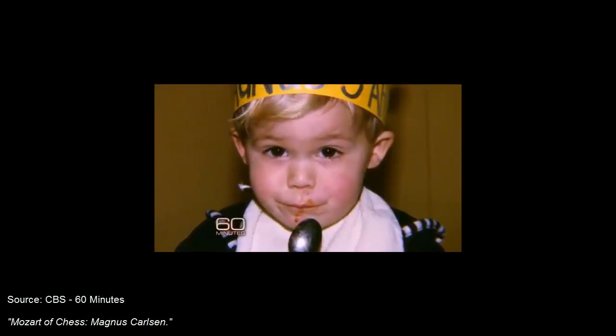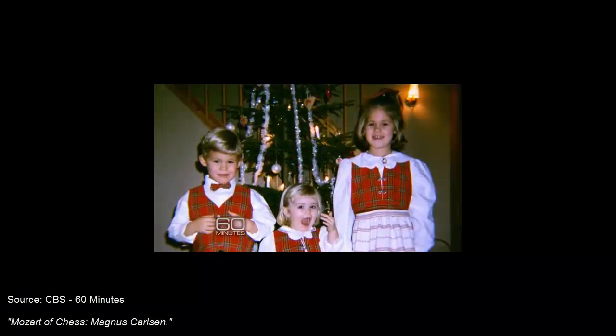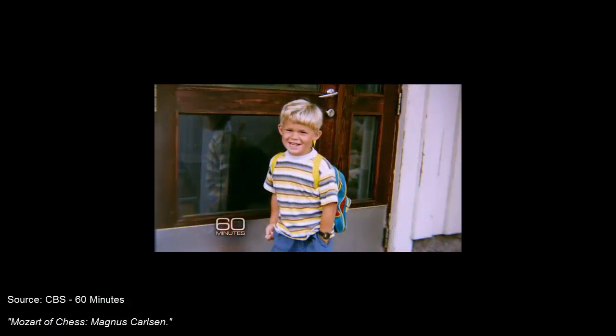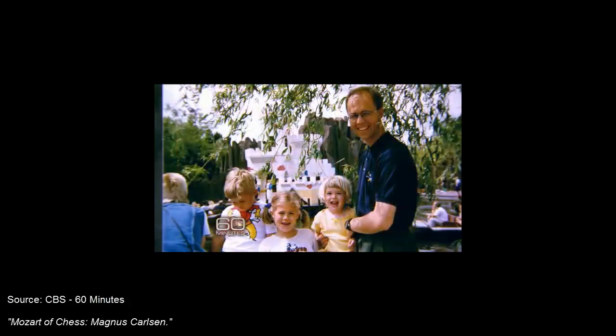Magnus seemed like a normal enough kid growing up outside Oslo. But wait a minute. When he was 5, he could name almost all the countries in the world, and their capitals, and their populations. Magnus's father, Henrik, didn't think that was terribly unusual. He did have a good memory and the ability to concentrate for hours at a time on a specific topic, and he seemed to be interested in a lot of things, new things all the time. But I thought that was normal.